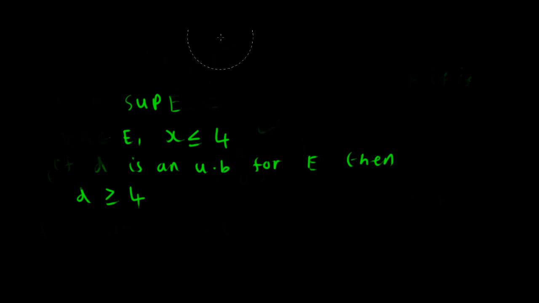Let's try another example. Let's try a little trickier example. So maybe E this time is equal to everything between -1 and 1. So with a little diagram, here is 1 and here is -1. Now there are quite a lot of upper bounds for E, so 2 would be an upper bound, and so would 1.5, and so on. But the supremum of E